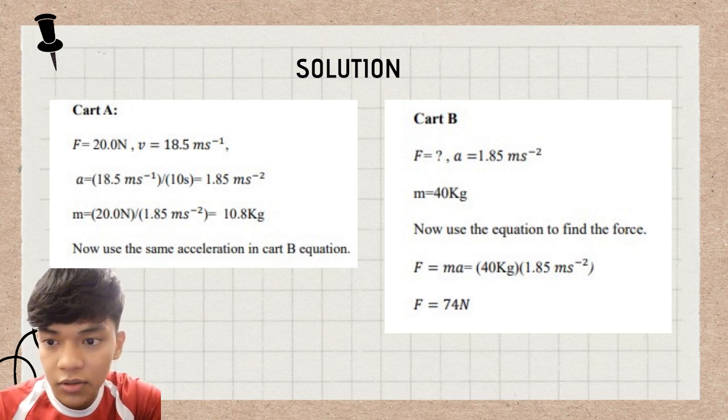So our answer is 74 Newton. So in conclusion, the force needed to push shopping cart B to reach the same speed as shopping cart A is